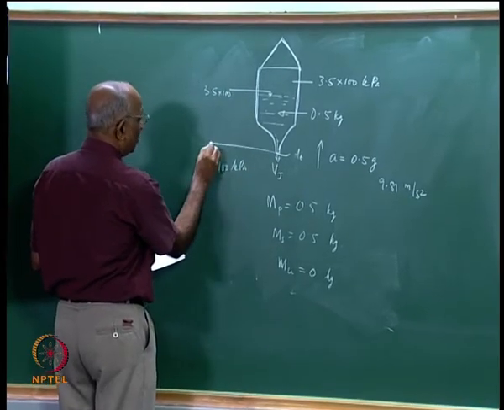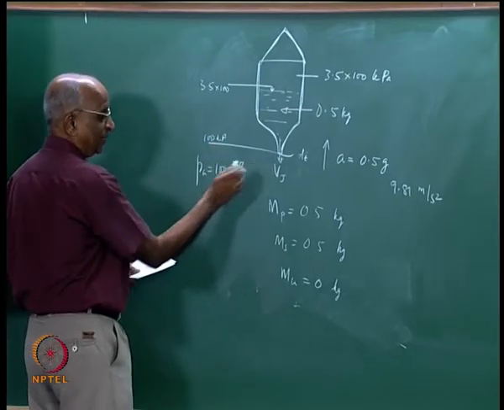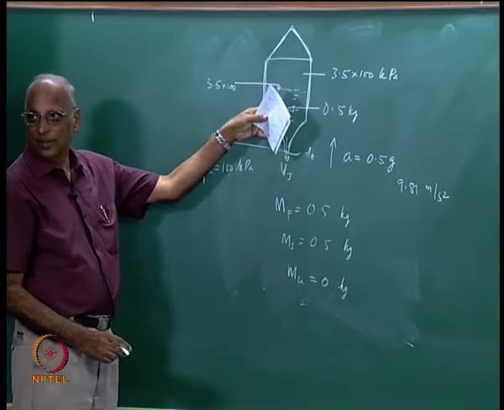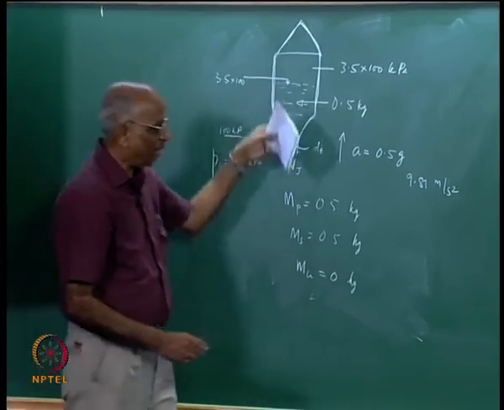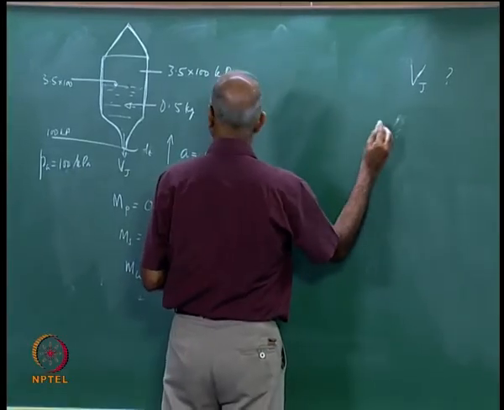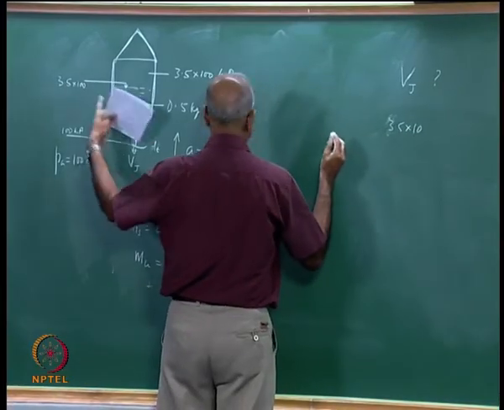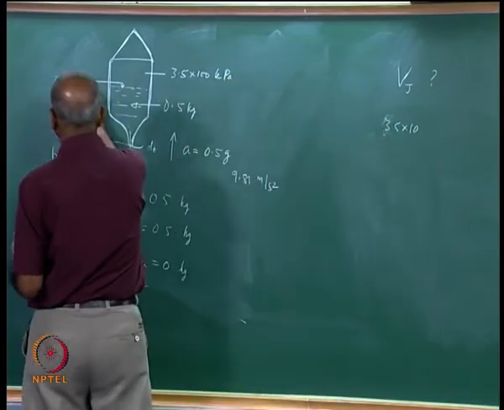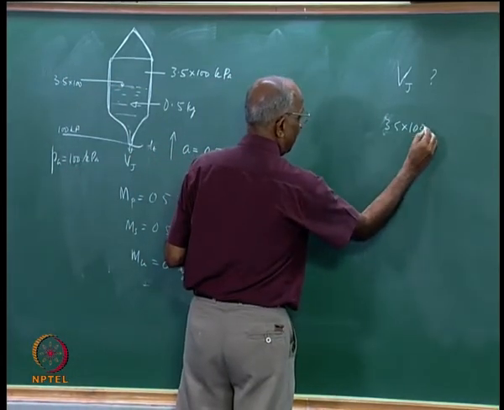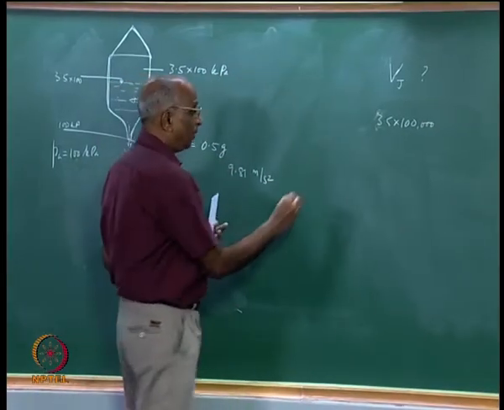On the surface outside, the pressure is 100, because this is the ambient. Therefore, for the water column I am writing the Bernoulli equation. I have pressure on top, which is equal to 3.5 into 100 into 1000 Pascal divided by the density of water,